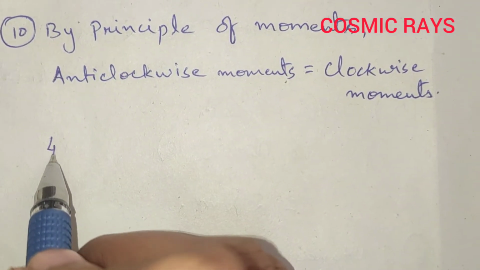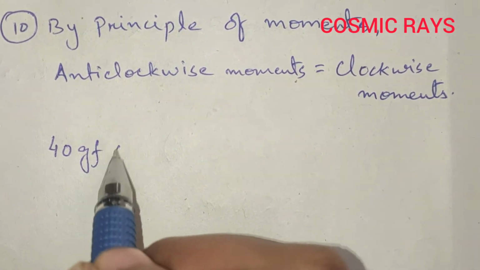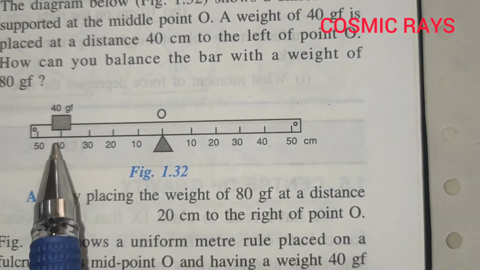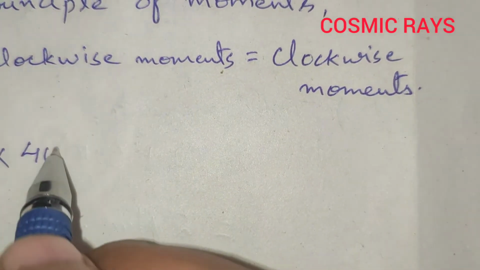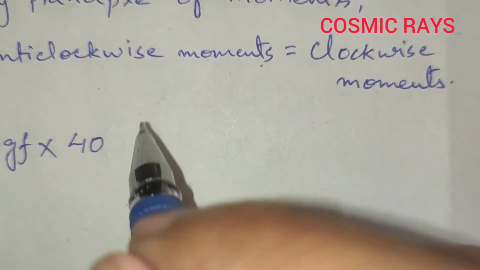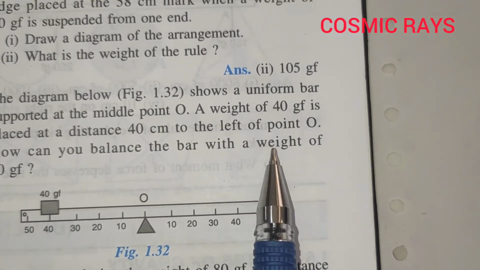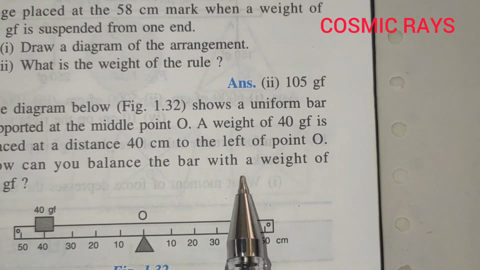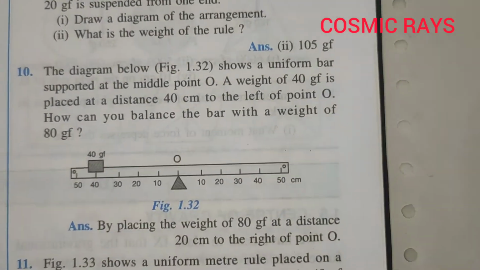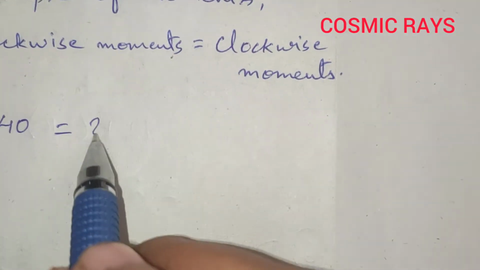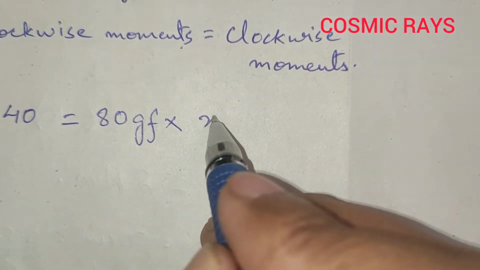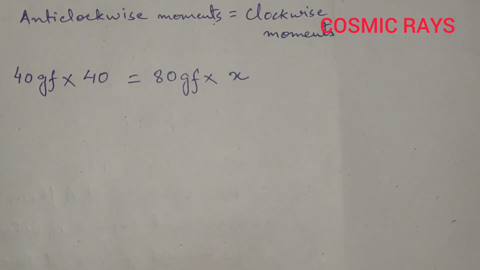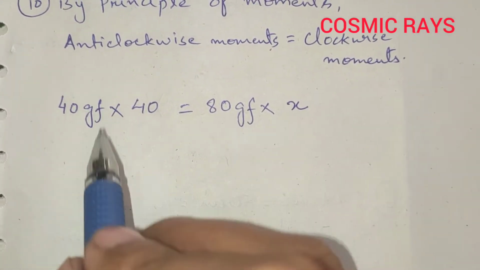So here we have to see that the mass is 40 GF and the distance is 40, from 0 to 40. So distance is 40 here, that is equal to, we have to balance the bar with the weight of 80 GF. So 80 GF into, let's say that the balancing point is point X. Now if we solve this, we get